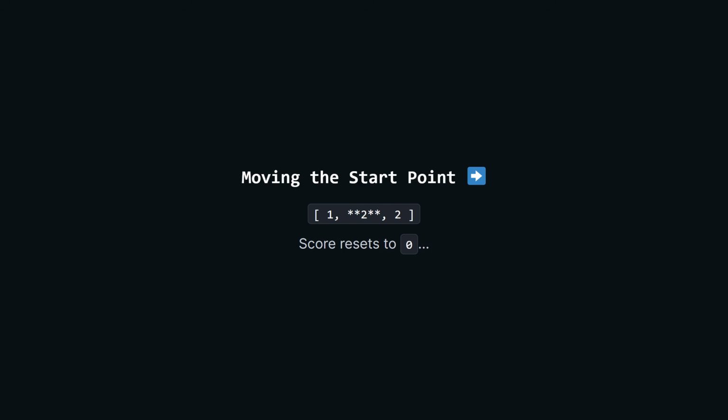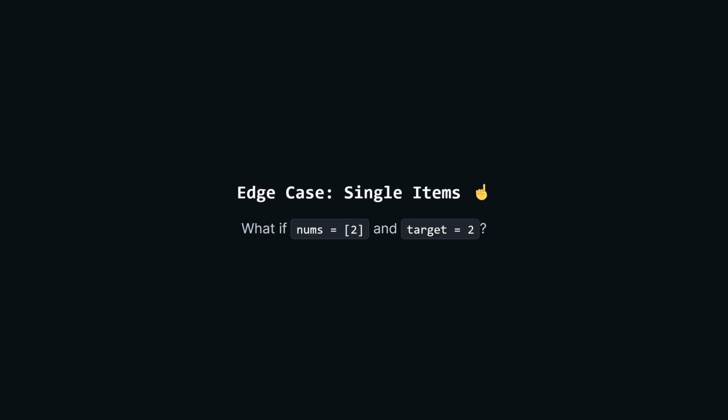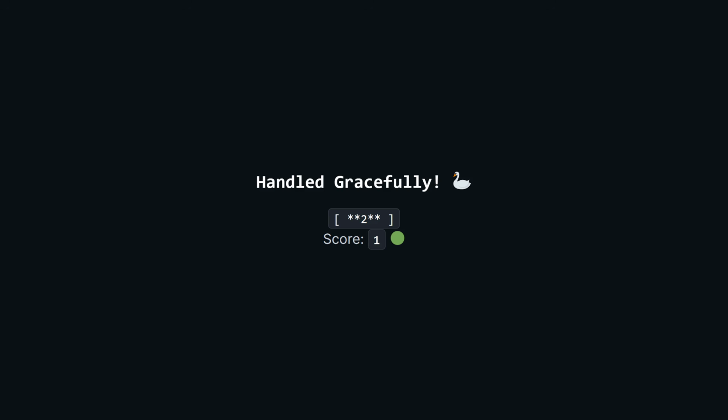Then the outer loop shifts our starting point to the second number, the score resets to 0, and we repeat this stretching process until every possible chunk is checked. You might wonder about edge cases, like what if the list only has one item in it? Our nested loops handle this naturally. The starting point and ending point will just be the same index, the score instantly becomes 1, and it gets